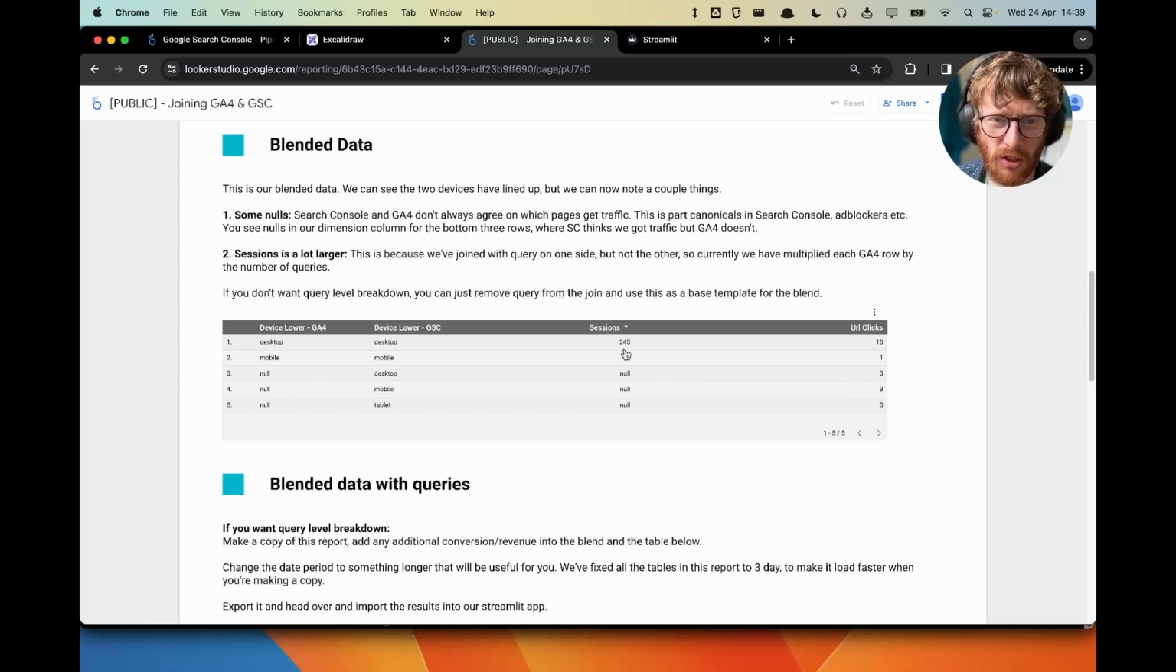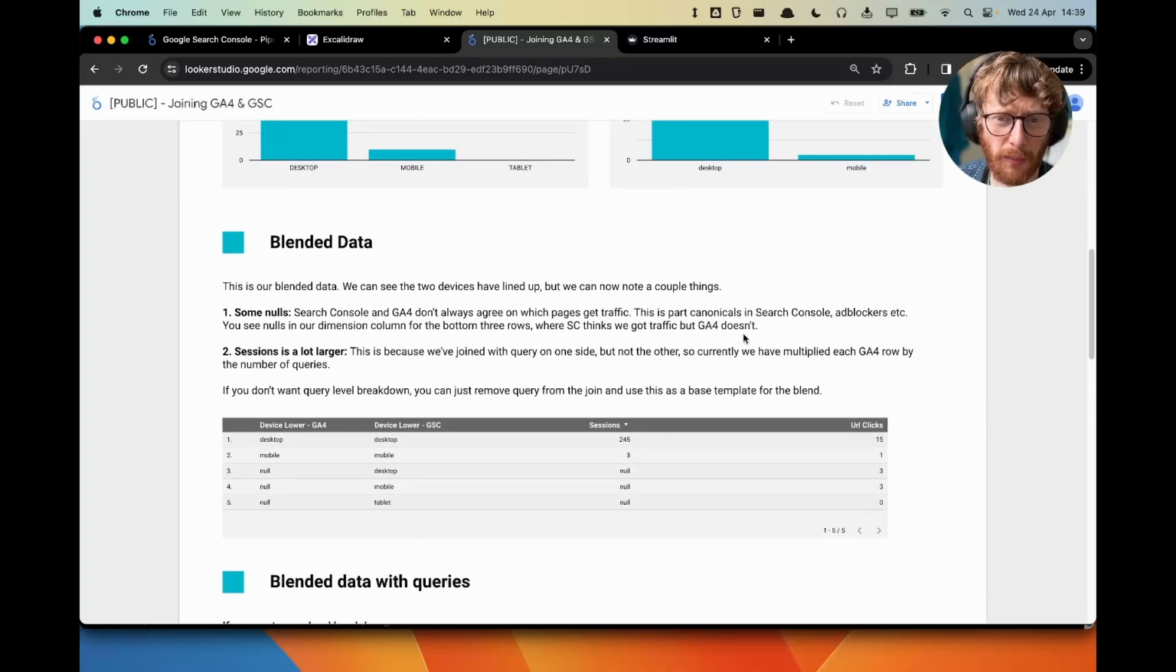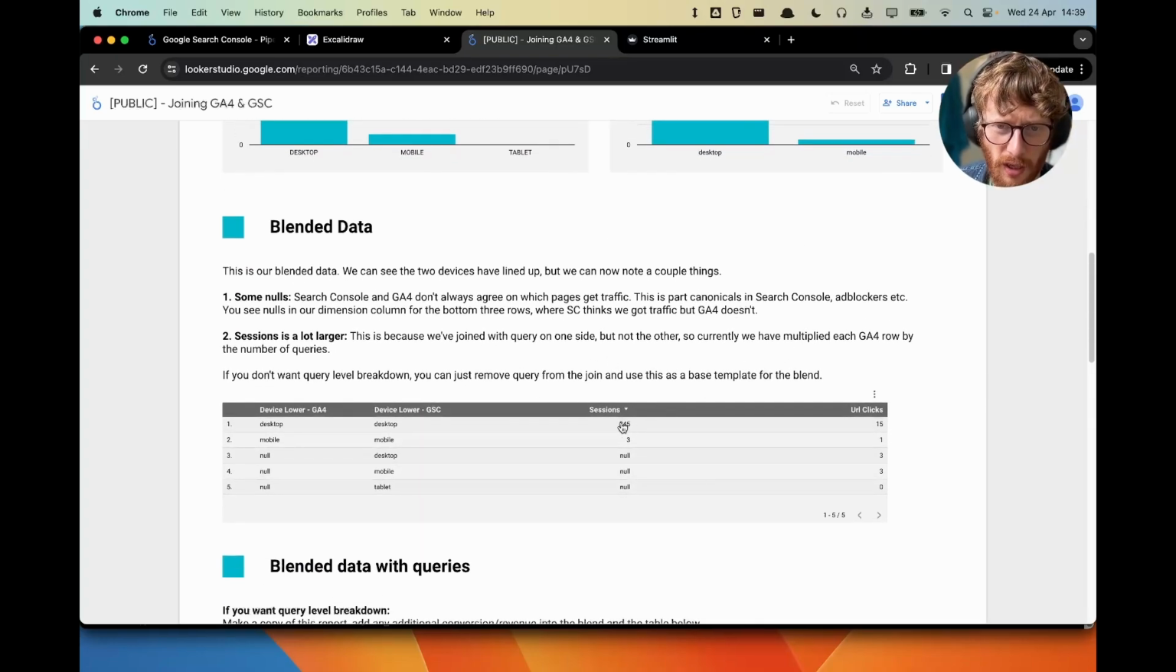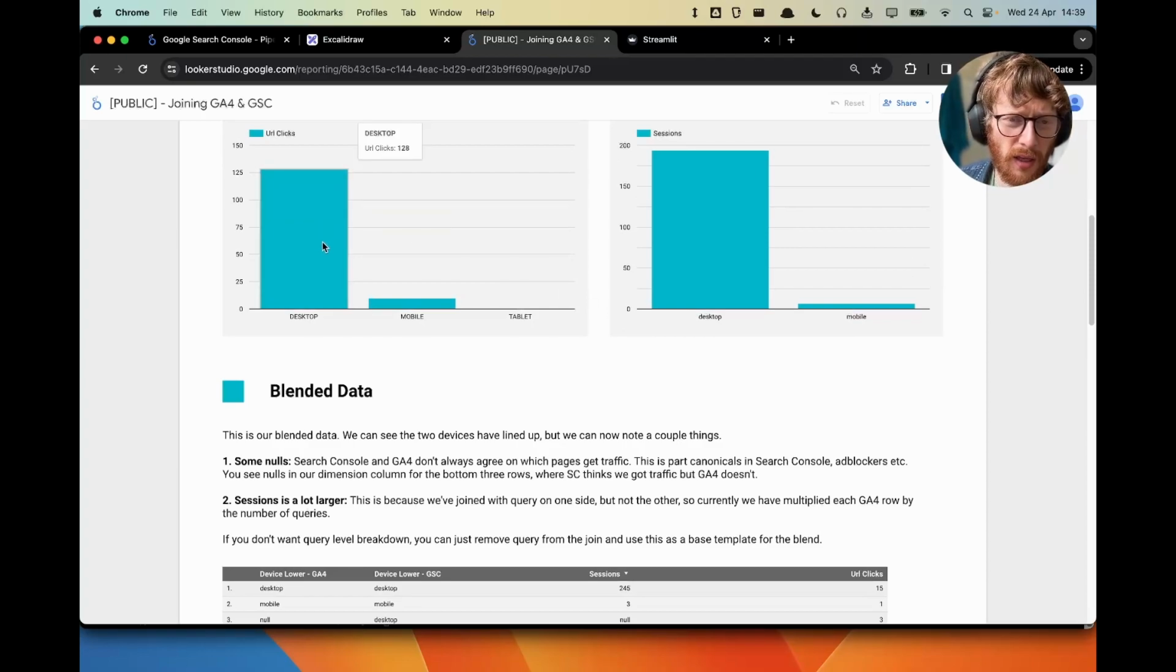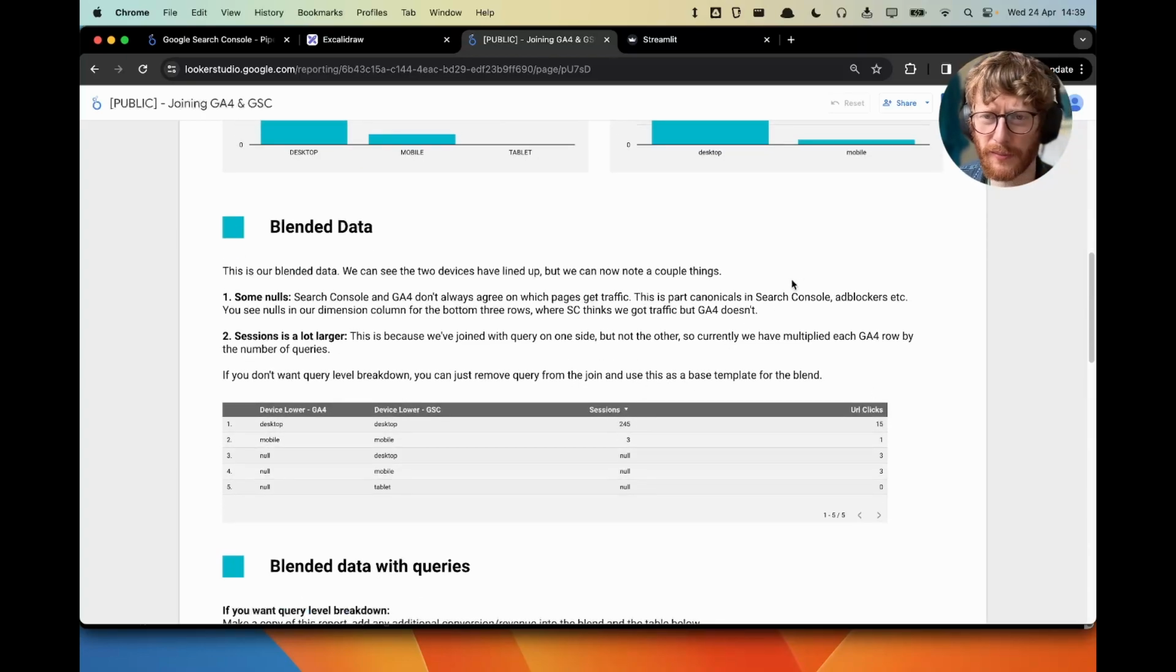Secondly, you'll also note that sessions is a lot larger here. If you know your sessions well, you'll probably be looking at this and going, this is way higher than what I was expecting up here. And we can see here that, for example, we're now 245 here, and over here we were a mere 128, so we basically doubled it. That's because